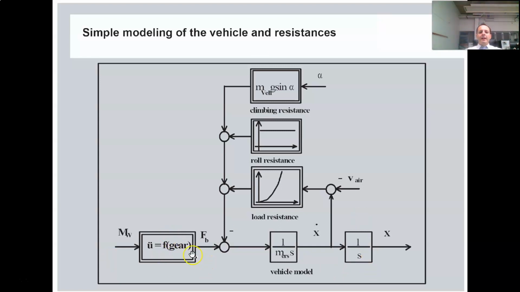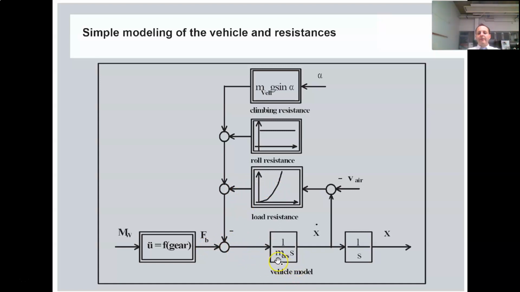So we have the relation of the function of the gear and of course the acceleration which produced the force on the vehicle. We have here the force produced by the engine. We have the vehicle model, which is a very simple first order model for the velocity. And then we have here the position, and on the basis of the force acting on the vehicle,